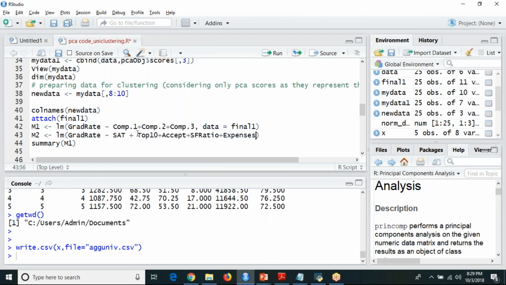Graduation rate is your output. For example, I'm showing you this.